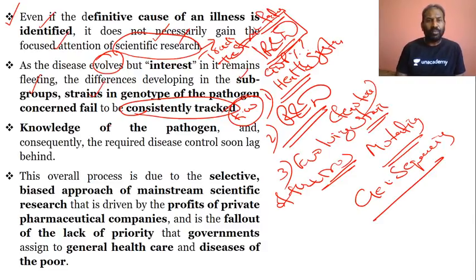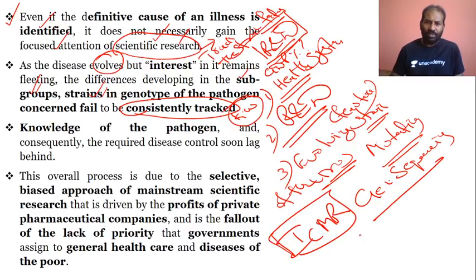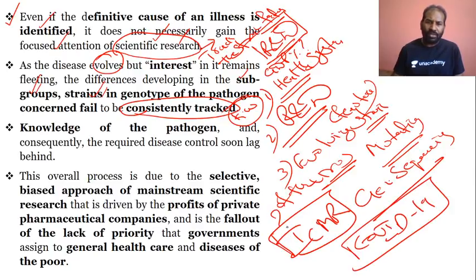And then this is very important. The scientific research will give us the ability to consistently track the subgroups and strains. Yes, RBT, but that is not happening. See, ICMR is doing it, but only because we are now focusing on COVID-19. But why not generally also? Why not generally also is a question mark. That is what we are worried about,